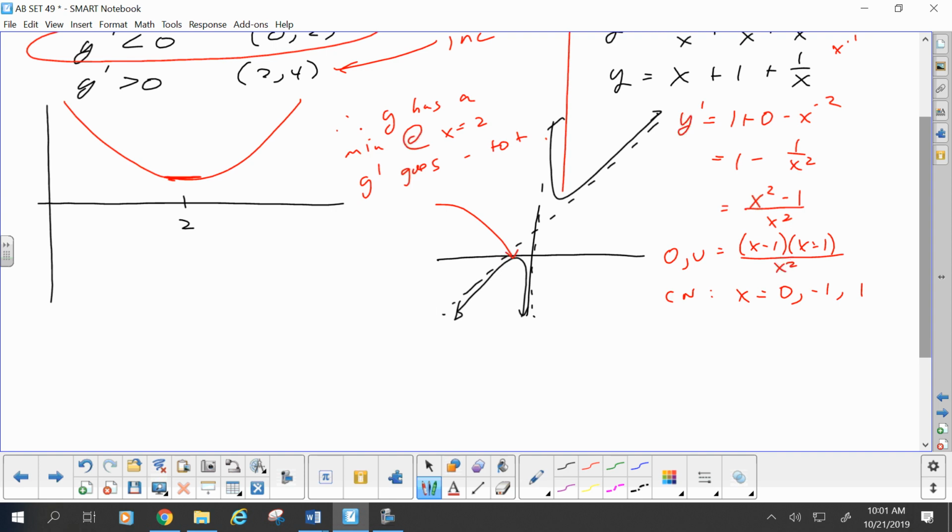Or wait, one is not. One is not. Zero is not, because it's not in the domain of the original function. There's a vertical asymptote. Now, that said, you should include it in your sign test because although it's not a point on the graph, it can be a point where the graph changes behavior. So when you go to do your sign test, you actually should include all three